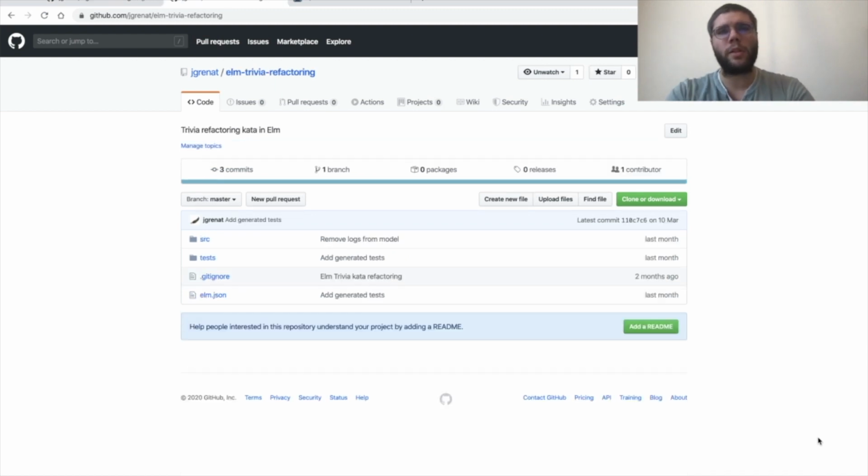For that I will use the code base from the trivia refactoring kata, which is a little code exercise. Here the goal is to refactor a very bad code base into something that is much nicer without breaking anything. The code is really bad, so we will see that in a few minutes. And this is basically a trivia quiz application. So let's have a look at the